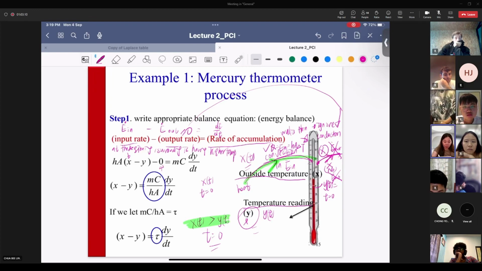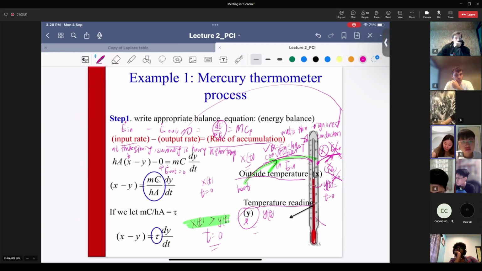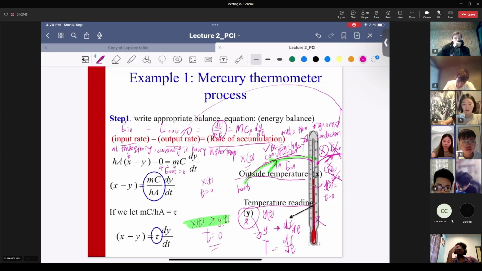Okay, and this one because the E dot out is 0. And your dE over dt, always use one simple equation: M, mass of the mercury, multiplied with the heat capacity of the mercury, multiplied with the change of temperature inside the mercury, which means you are using d. If sometimes they change the Y into temperature, then you have to change this to dT over dt. In this example, it's Y, so it is dY over dt. So this is last time the equation of mc delta T